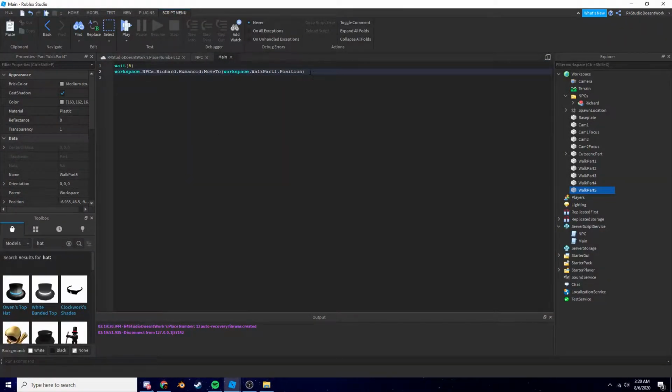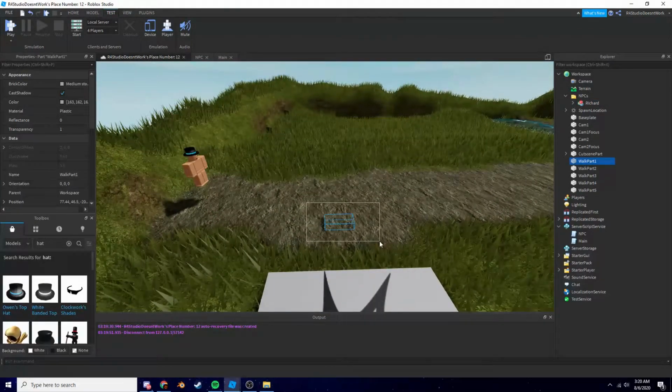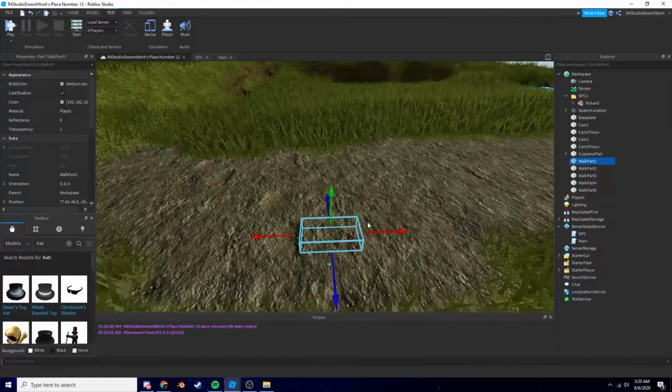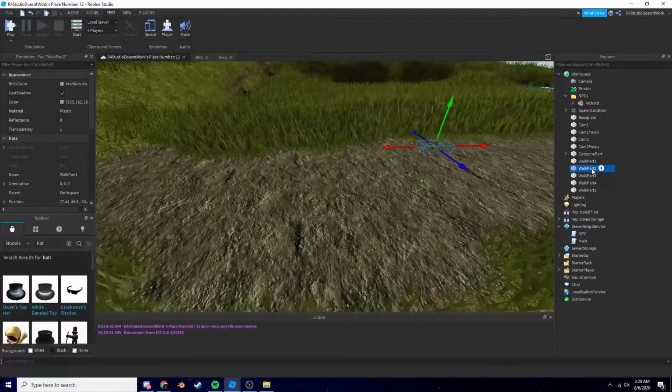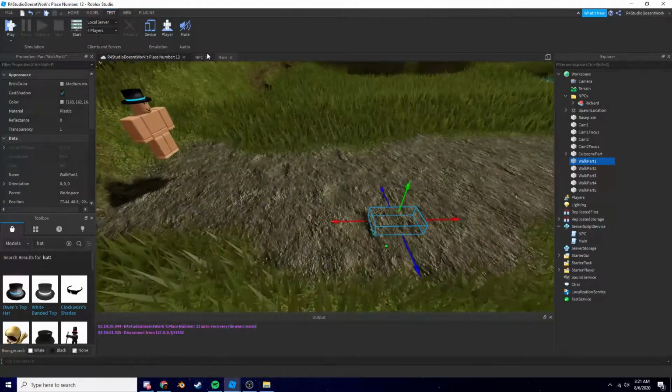There's a little event that you can get, which is to wait for Richard to stop. He's going to walk to part 1, but we need to time it so that whenever he gets to Walk Part 1, he starts going to Walk Part 2 immediately. This will be pretty hard to time, but there's an event,